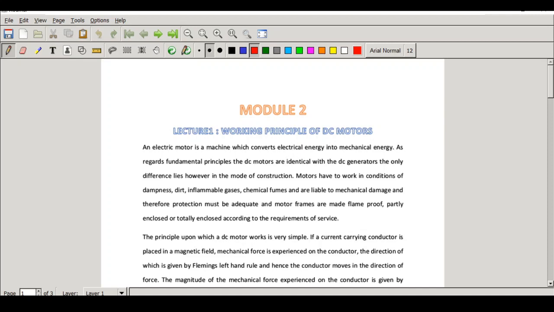Okay, today we will start with module 2. In module 1, we have learned about the basic things related to electrical engineering, the construction of DC machine, and mostly about generators. That is, working principle of generators, different types of generators with their circuit diagrams, the related equations. Then in module 1 again we learned about armature reaction, the effect of armature reaction and how to rectify or how to compensate for this armature reaction.